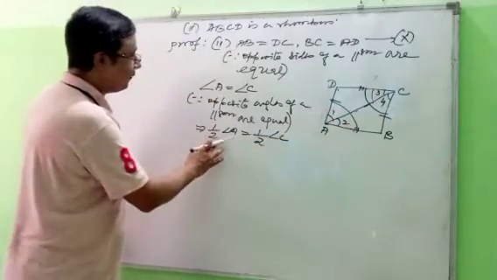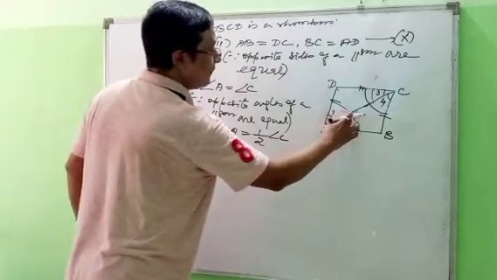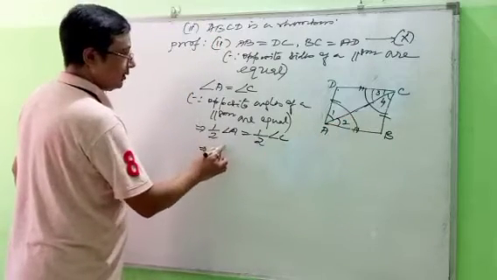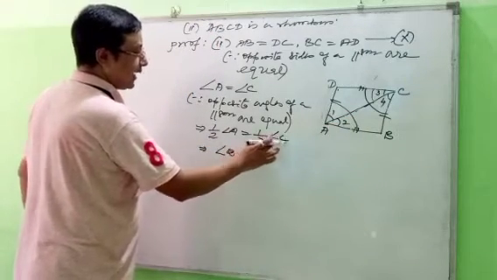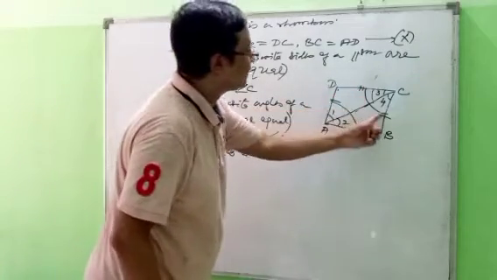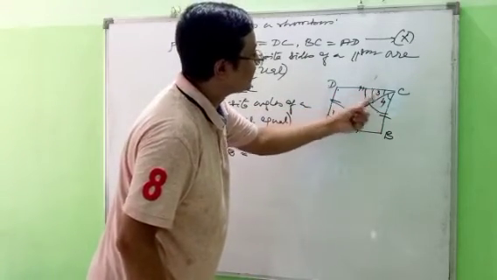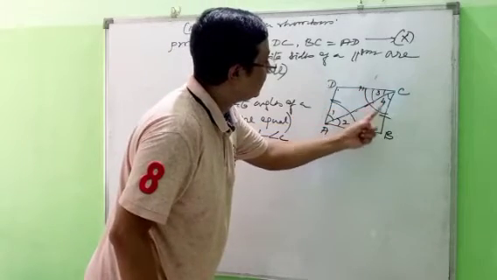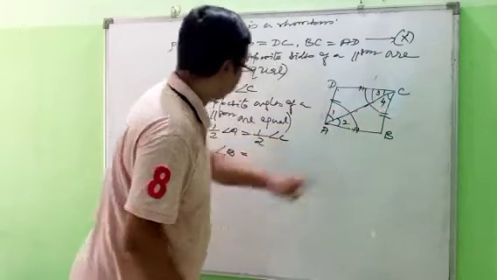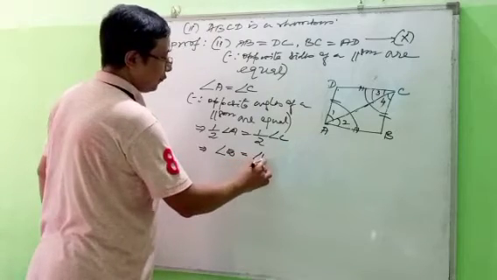So now half of A you can write as angle 2. So here angle 2 equals half of angle C. So these two are half of C because they are equal. So you take half of this angle, you can write angle 4. So here angle 4. Since